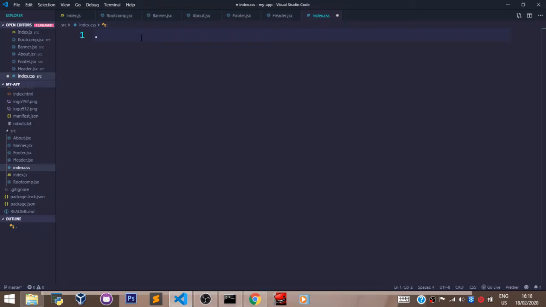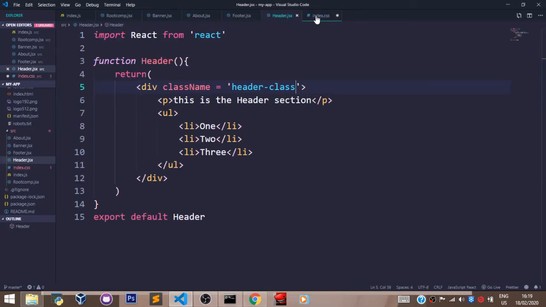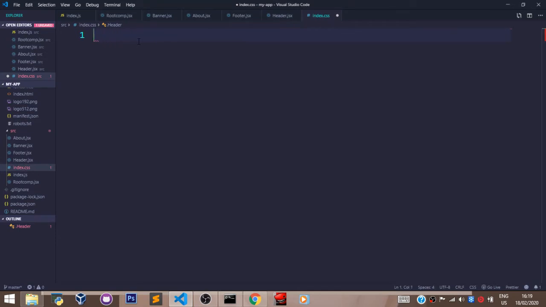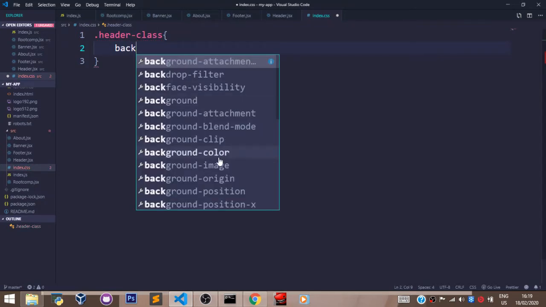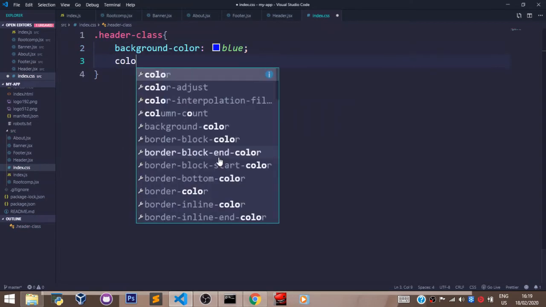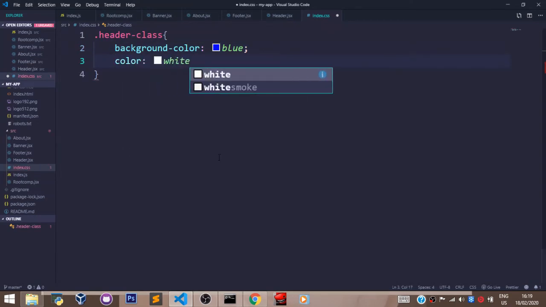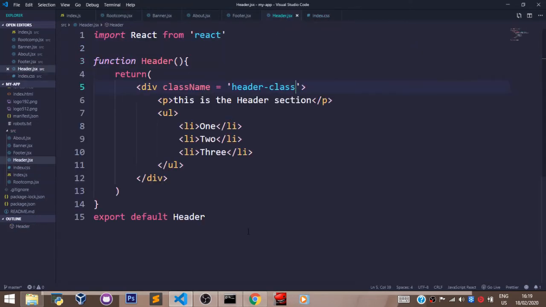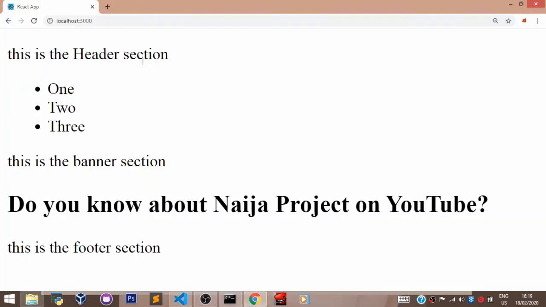Now to style the header class we have in our header component, let's go to our CSS file first and let's say header-class, and let's give it a background color of blue and a color of white. Let's save that. If we head over to our browser now, we are going to see we have no style